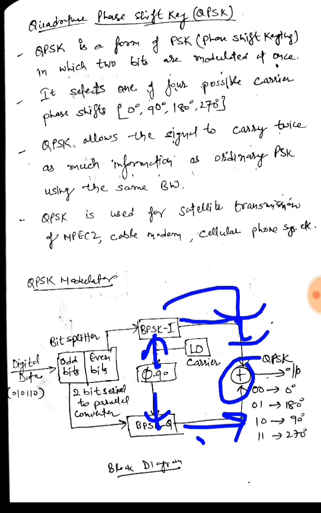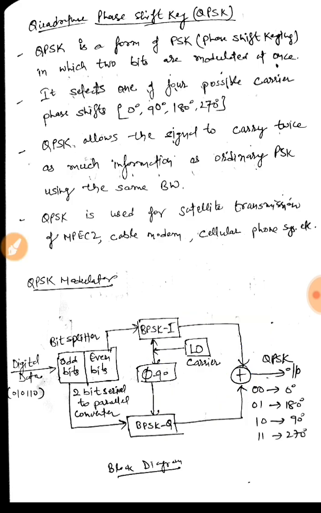One bit comes from there and one bit comes from there, as a binary phase shift keying gives us only one bit of information at one time. So here we would get two bits at once. It could be 0 0, it could be 0 1, 1 0 or 1 1. If we get 0 0, then the phase of the carrier would be shifted by 0 degrees. If we get 0 1, then the phase would be shifted by 180 degrees.